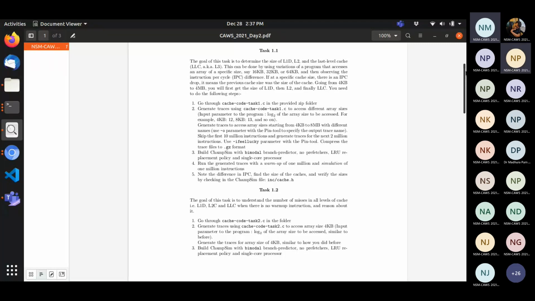Even in the new ChampSim folder that you supplied, I'm getting the same error. Are you able to simulate single core or not? No, I'm not able to build the thing only. Oh, actually, I think this is the issue with the deprecated thing, right? So this is a Pin related issue. You are not able to generate the traces itself. So Devashish, if you could look into it. Otherwise, we can just provide you a command if that also does not help. But in a different Pin version that doesn't help. I have used the latest Pin version actually.